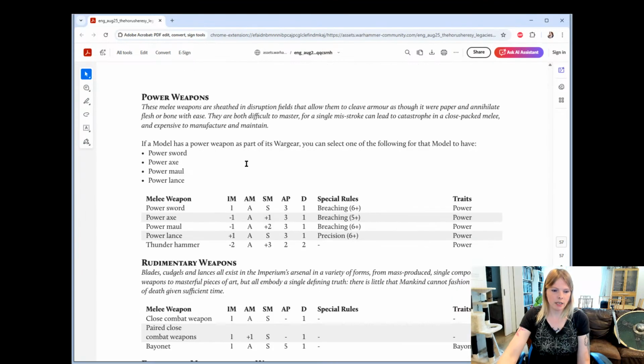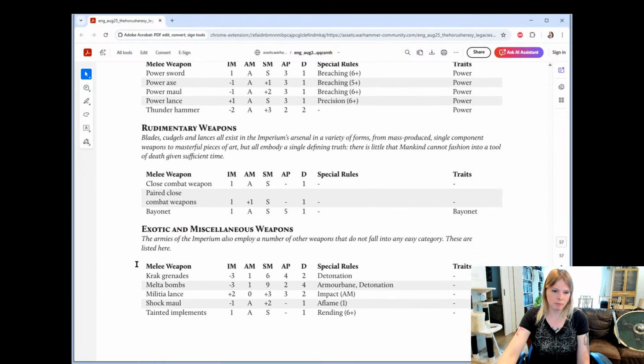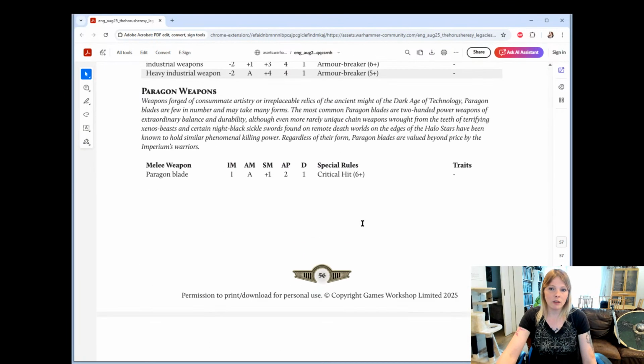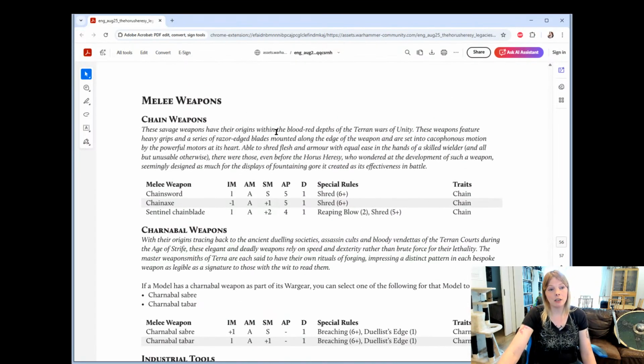Then we have all the standard weapons. We have some militia weapons down here, which is the Lance. We talked about that earlier. Tainted Implements. It just gives you Rending 6+, and that's it. And then I think that's everything. So we've gone over this entire thing. And honestly, I think it's fine. I think it's a great little book, and I'm going to have a lot of fun building a whole bunch